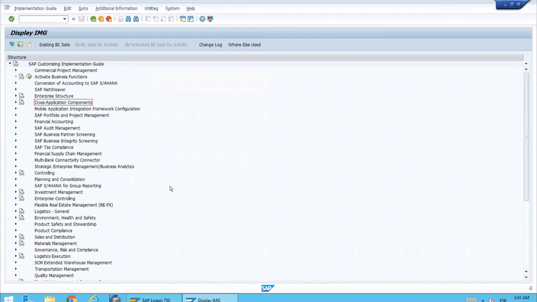In S/4HANA, the master records of customers and vendors have changed. And of course, we specifically refer to the fact that now the business partner is mandatory when we create master records for both customers and vendors. So right now, in this lesson, we want to start showing some of the customizing settings that are relevant for